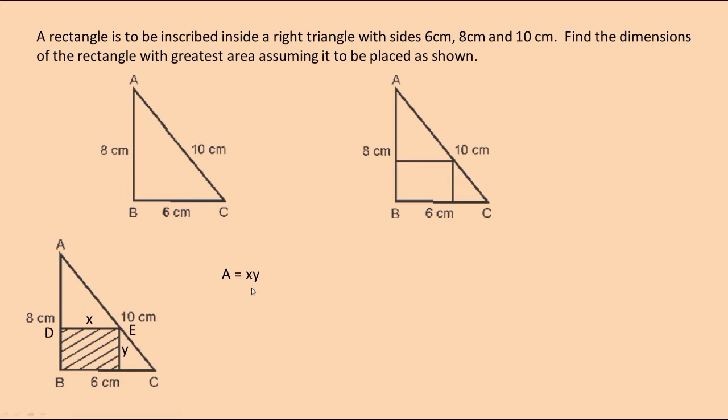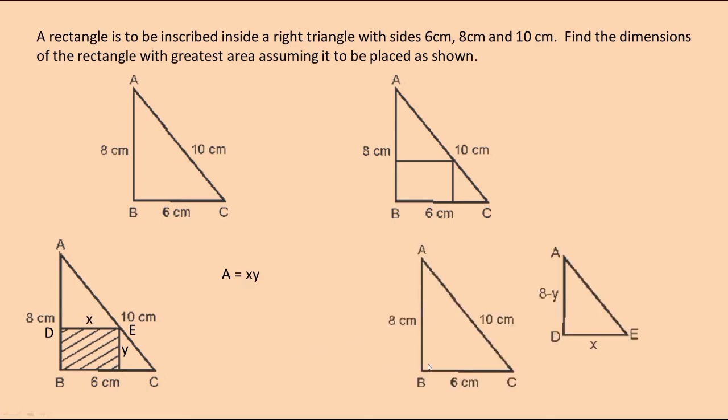But it would be better if you have only one variable on the right side. Why? Because we are going to use differentiation when we apply a theorem. So it's better if you have one variable on the right side, not two variables x and y. So we will express y in terms of x using similar triangle properties. There are two similar triangles here. Say ABC is one triangle. The other triangle we are going to consider is ADE. These two triangles are similar.